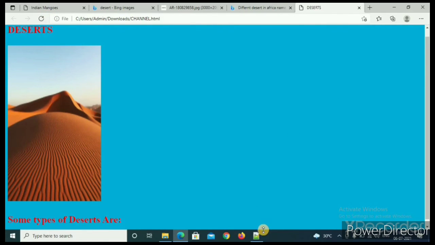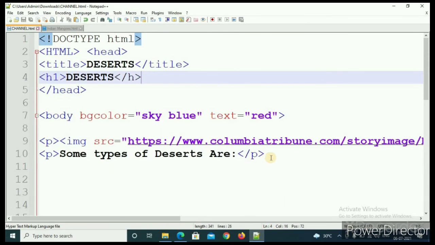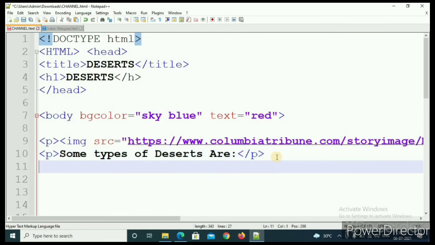Yeah, so I have written up to some types of deserts are. So I have ended this paragraph. So I will now write P1 for a new paragraph, then 1 bracket for giving the serial numbers. Okay, this is not this one.